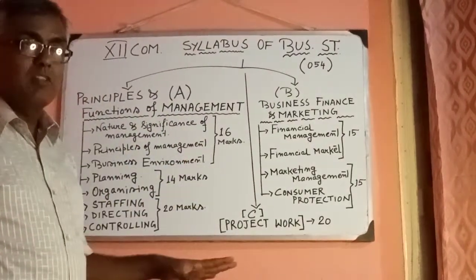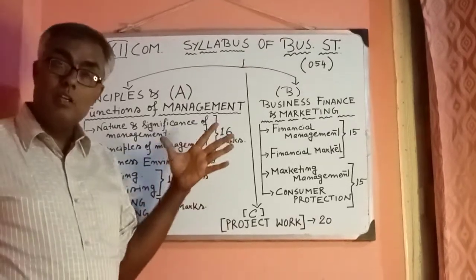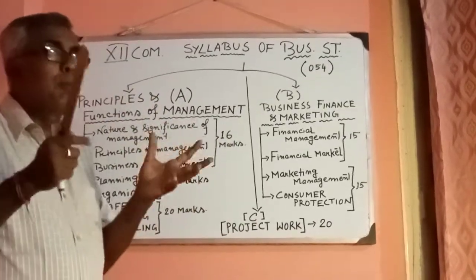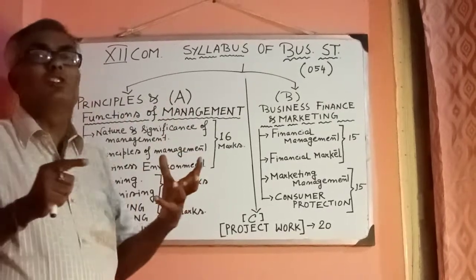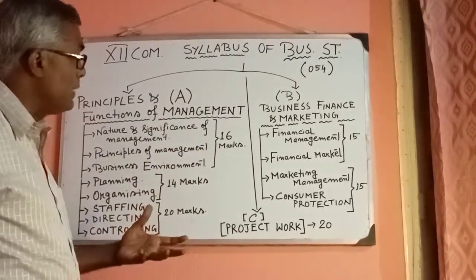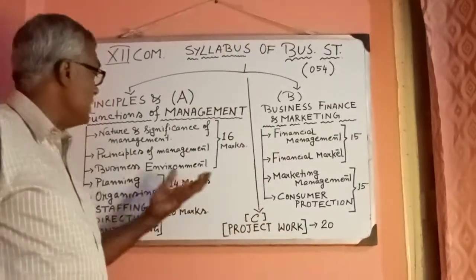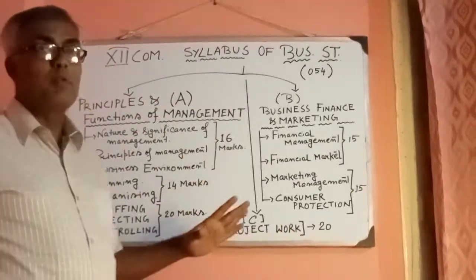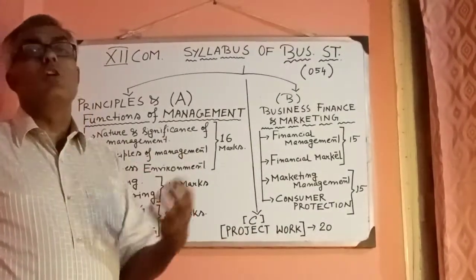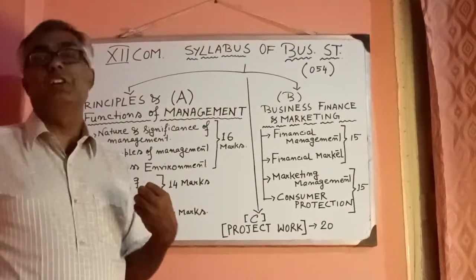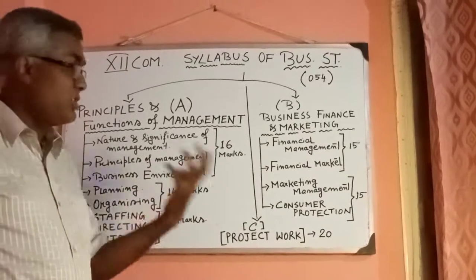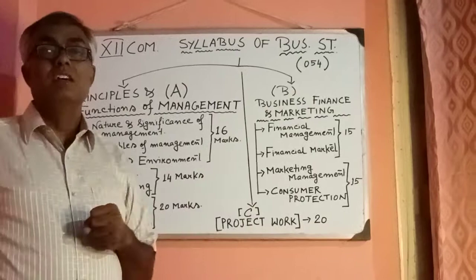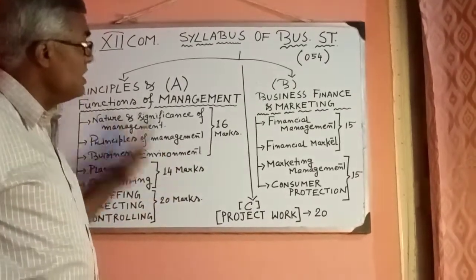Out of the project, you will have to prepare one good project file, such that it shows we have completed one research work on the stock market, or on business environment, or on marketing management, or on any principles of management. In this way you should prepare your project, and on that one viva or oral examination will be taken in the coming session by the external examiner. So combined, 20 marks will be there. So in this way, if